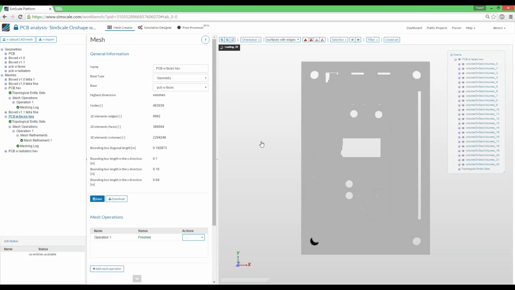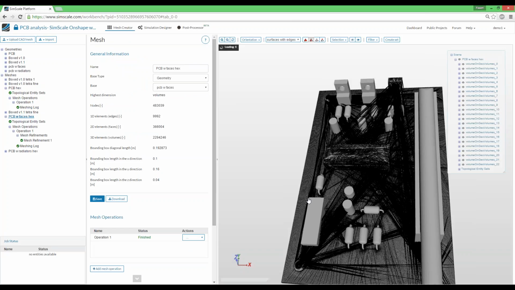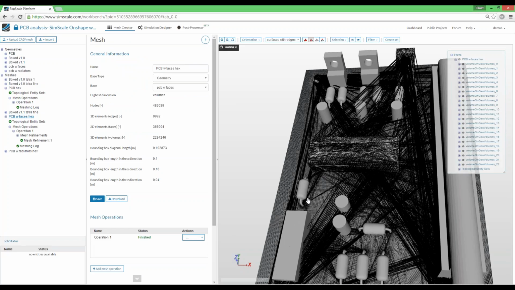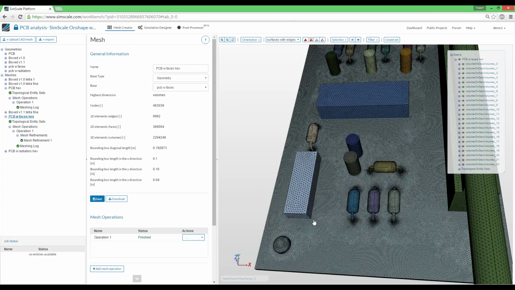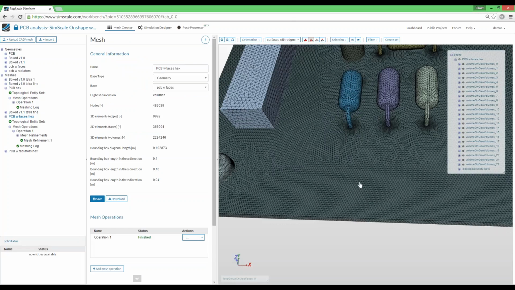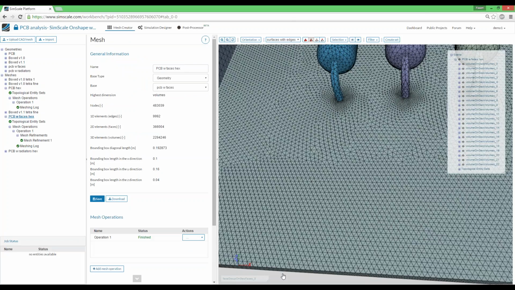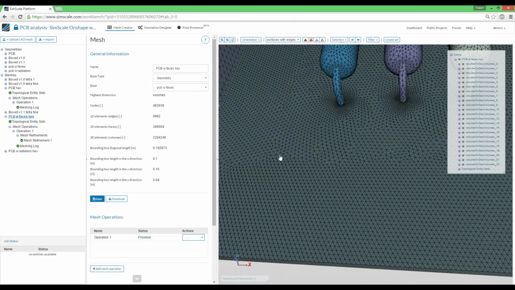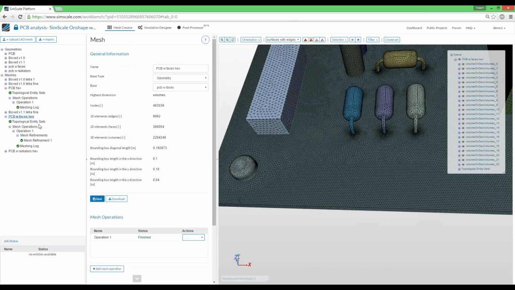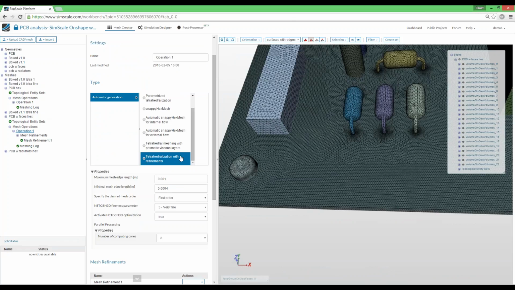In this particular case, since we are dealing with pretty fine elements that need to be created, the mesh will be much bigger, and it will also have to properly represent the small faces on the PCB board. You can immediately notice that the mesh is much finer than it was previously, especially close to those little faces that are there. This will force us to use a new way of meshing that will be the tetrahedrization with